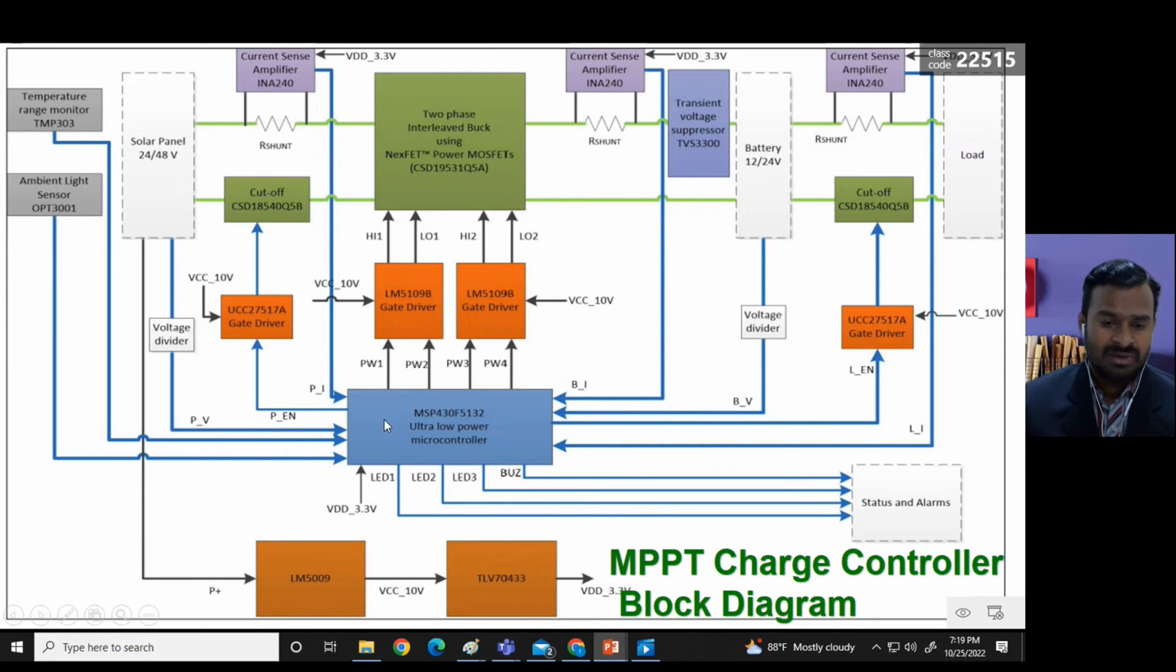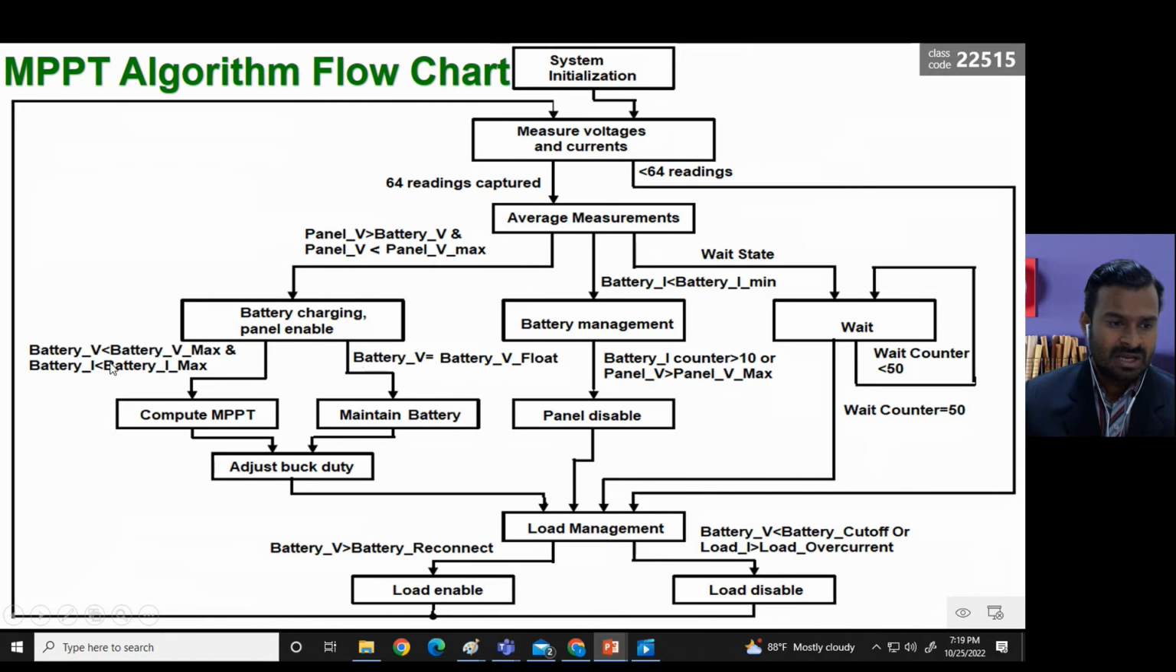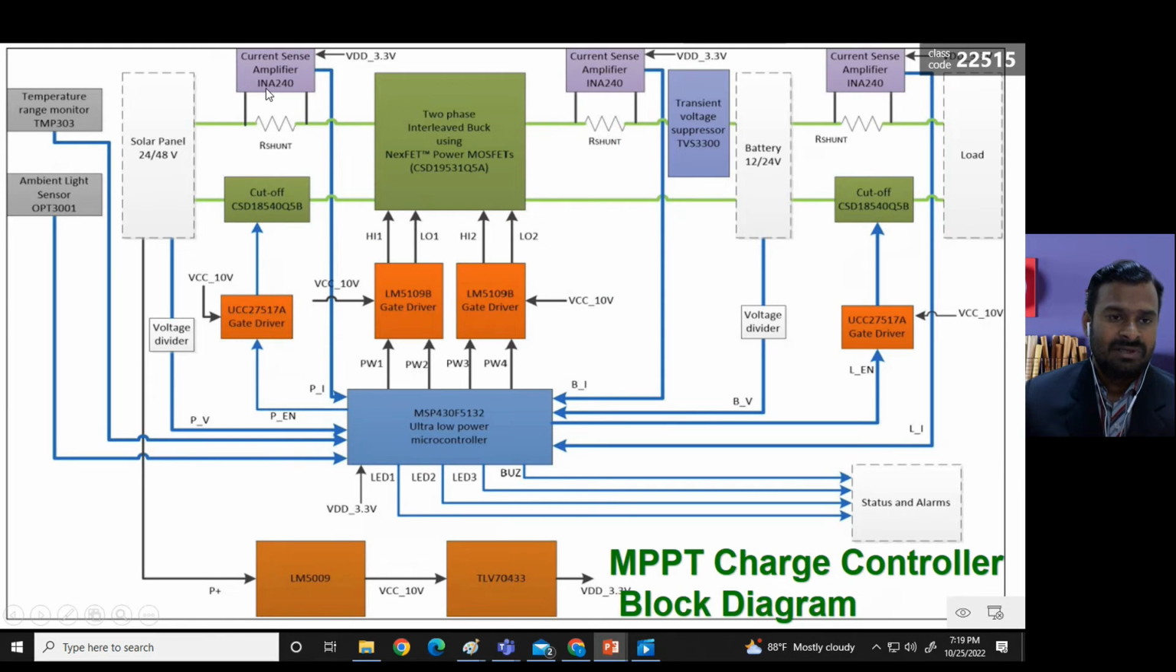Based on all these inputs, the current amplifier gives very important information to this charge controller. As we have seen here, the battery current should be less than Imax. So where is this coming from? From this amplifier. How much current is coming to the buck converter is given from here to the microcontroller, and based on all those inputs, this microcontroller gives the gate pulse to these two gate drivers,